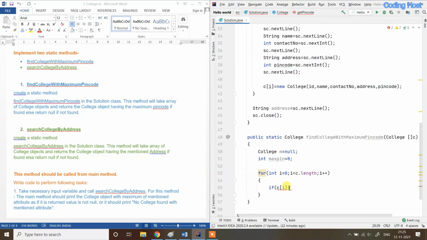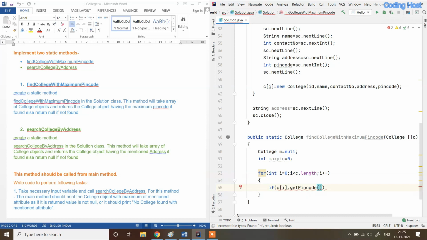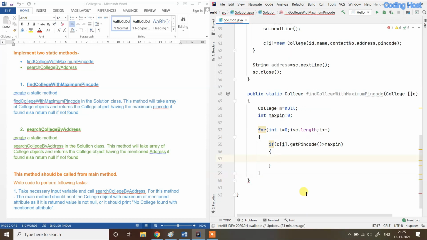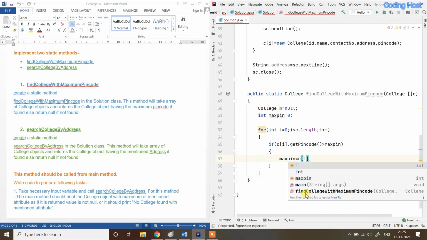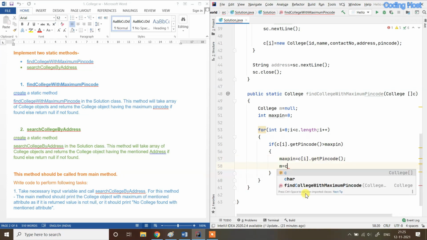Now I will use it here. If c[i].getPinCode() is larger than our maxPin variable, I will write maxPin = c[i].getPinCode() and m = c[i].